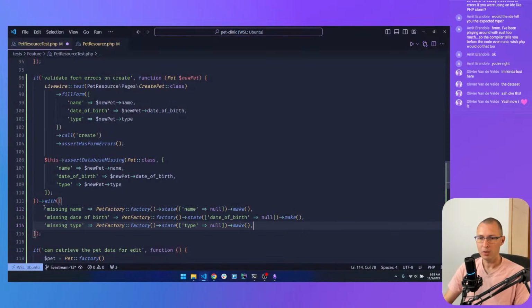Okay, so this will be the label for the dataset, and this will be the dataset value, which is just an instance of a pet that is going to be passed as the parameter. That should work.